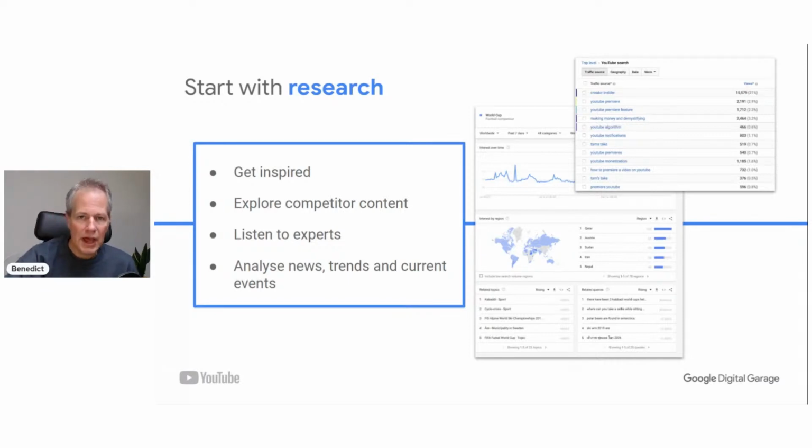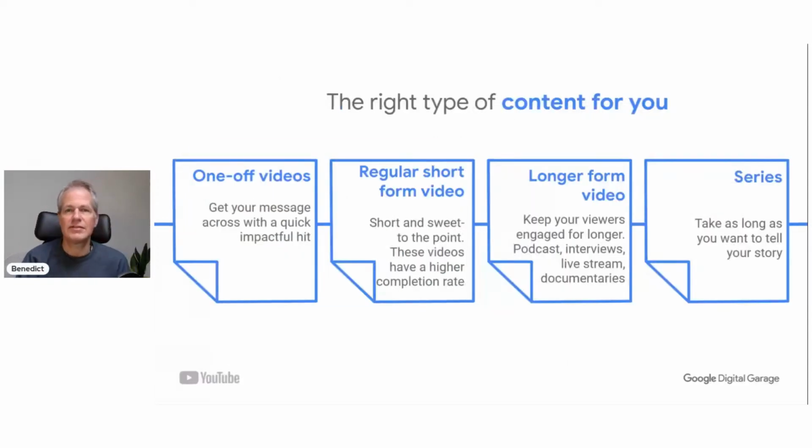Okay. Now, once you've actually researched your passion, audience, and everything in between, you want to think about the type of content to create. Okay. So let's have a look at this. So the right type of content for you. Now, there is something as well, which I'd recommend,